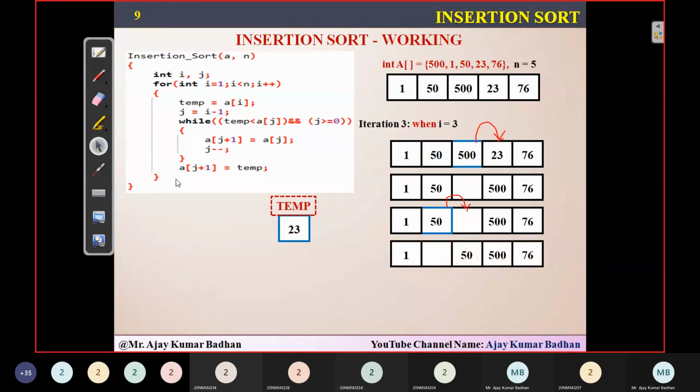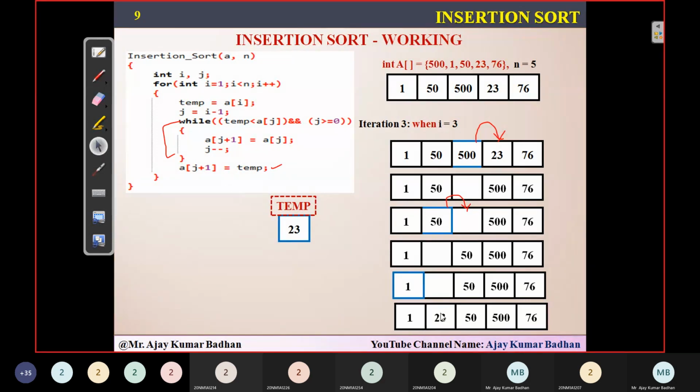Now we have to compare this 23 with the value 1. And you know that 23 will never be less than 1. So this while condition fails, and we need to execute this statement. Finally, you are going to store the value of 23 into this particular location. So finally, the output you have got here is 1, 23, 50, 500, 76.